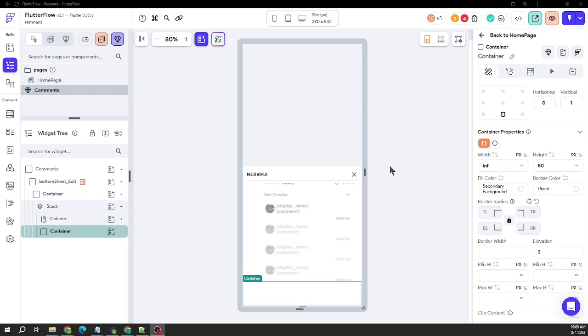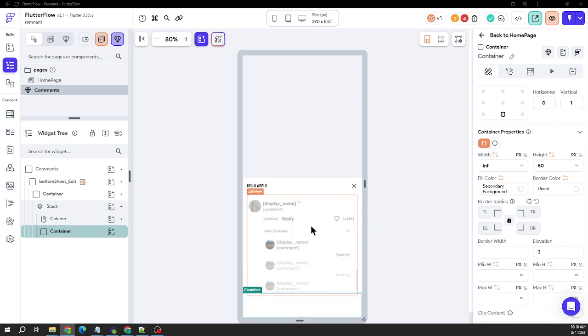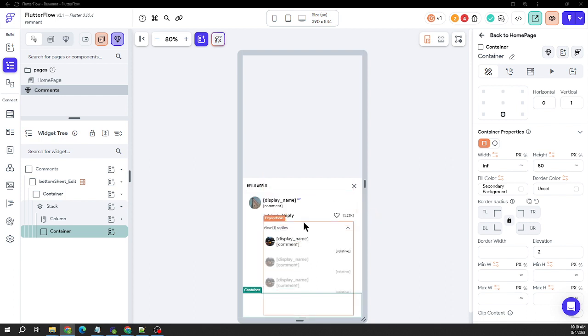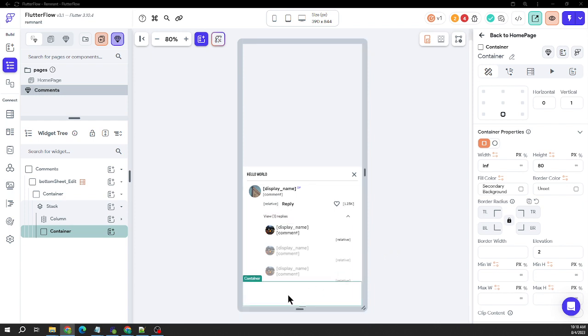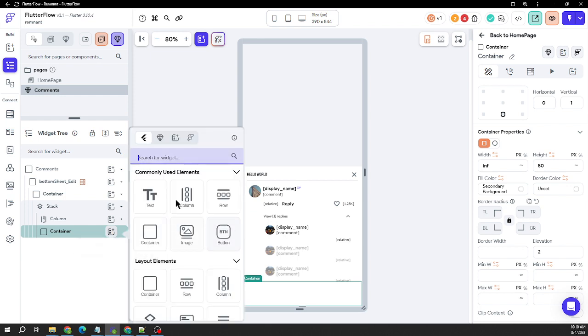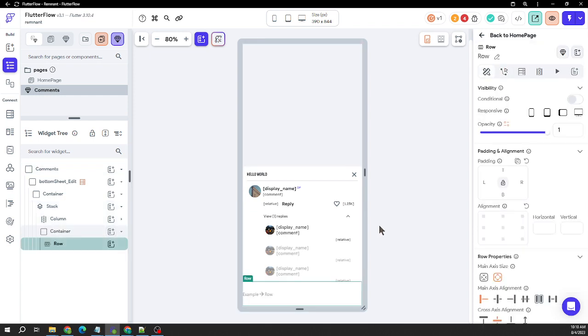So I think the best way to handle this, I had to think about it for a minute as to how I wanted to do it without having more in-depth custom coding going on. There are some problems with how we conditionalize the reply to button for the subfeed. What I'm going to do in this container down here, this is our comment container, is drop a row in,